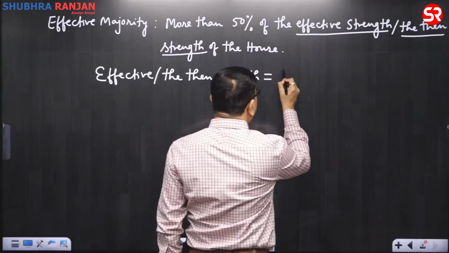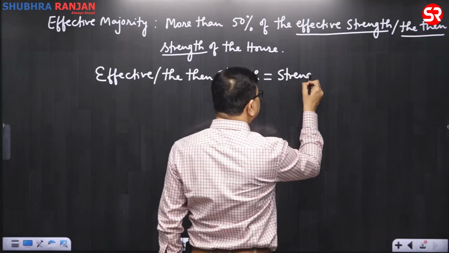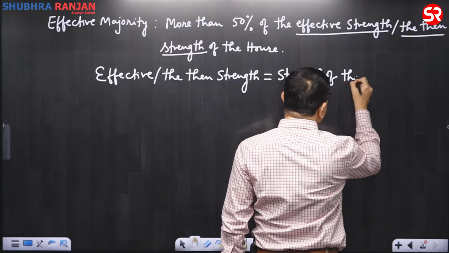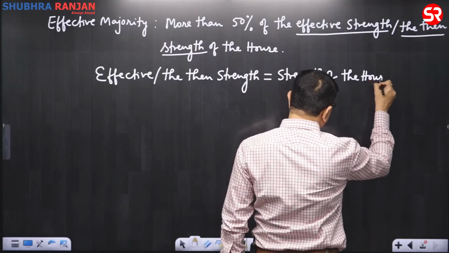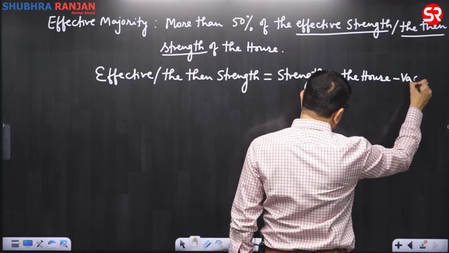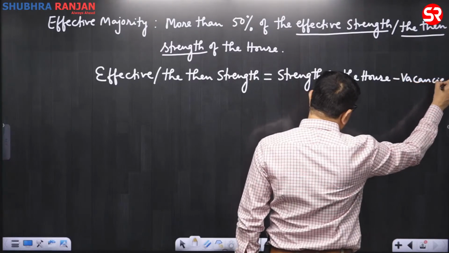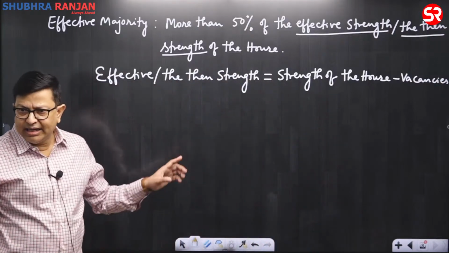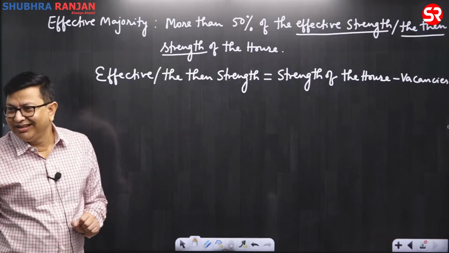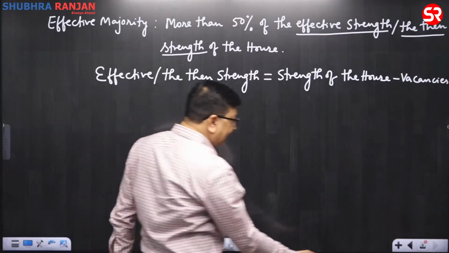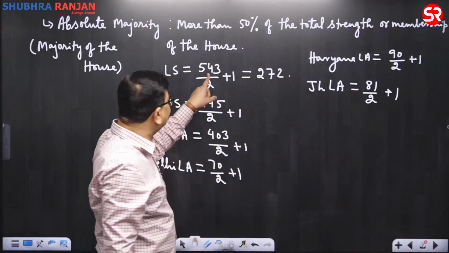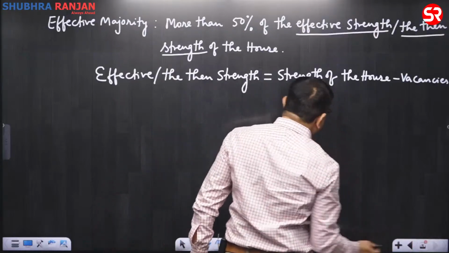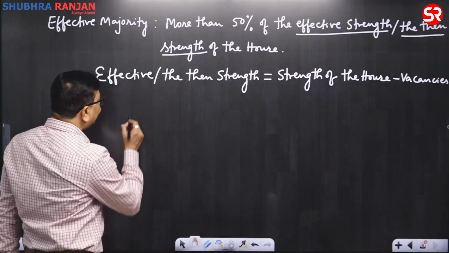Effective majority is equal to the strength of the house minus the vacancies. Here the vacancies will not be counted. Earlier you see that we had counted the vacancy, 543 means 543, but here the vacancies will not be counted. For example,